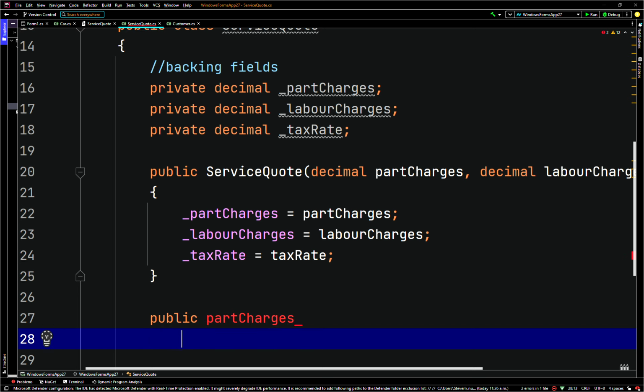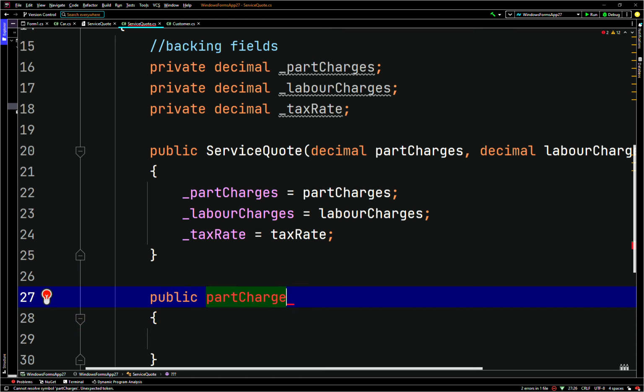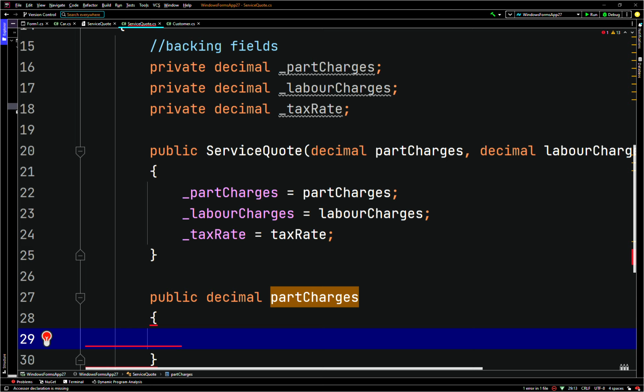Just going to open. Can we not do that? It should work. Did I include an underscore there or something? Oops, sorry. Should have the type. So public decimal part charges. Okay. I think I might be messing up something here. Not really. But just to not get mixed up,